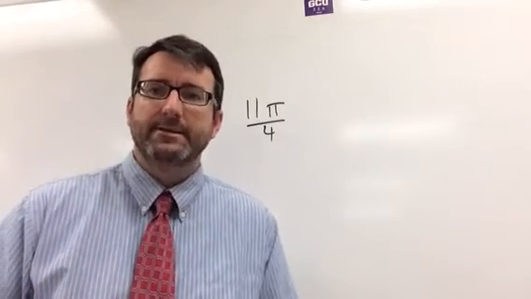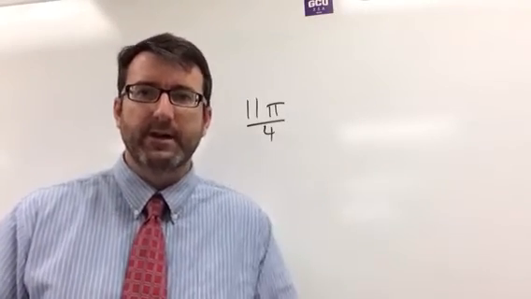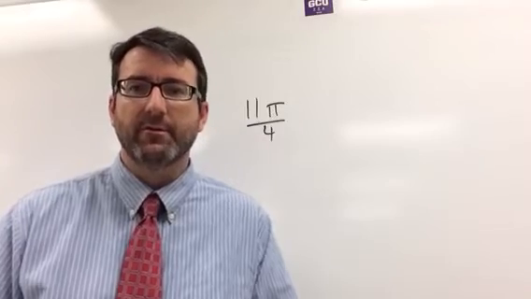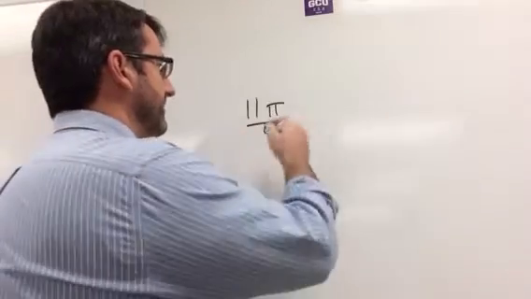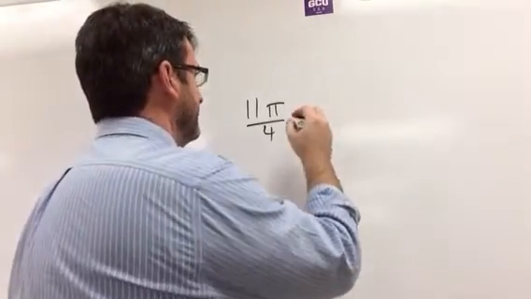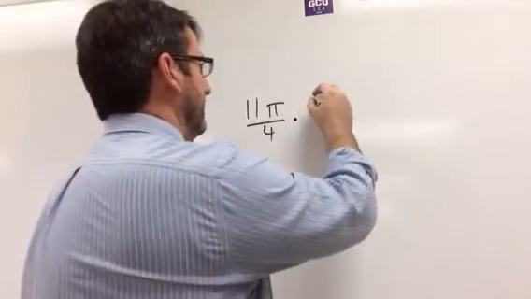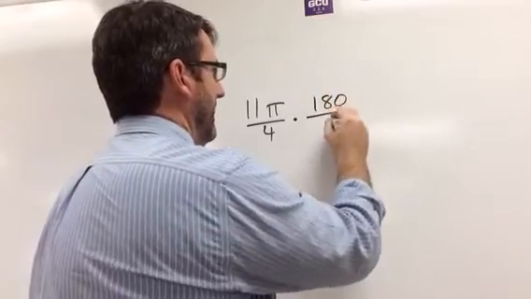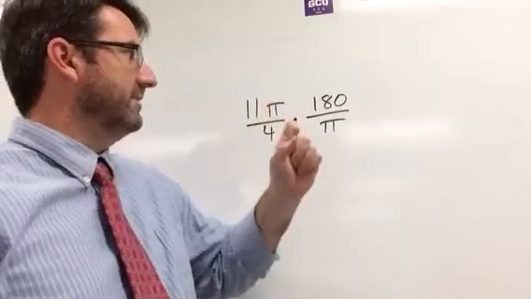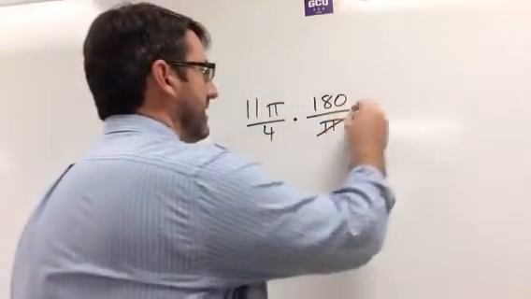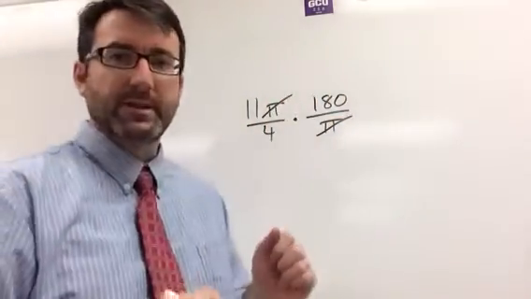Number 1 asks us to convert this angle, 11 pi over 4, from radians to degrees. So to convert from radians to degrees, we're going to multiply this by 180 over pi. And you can see that when we do that, we're going to have a pi in the numerator and a pi in the denominator. Those are going to divide to 1, so we can just get rid of those pi's